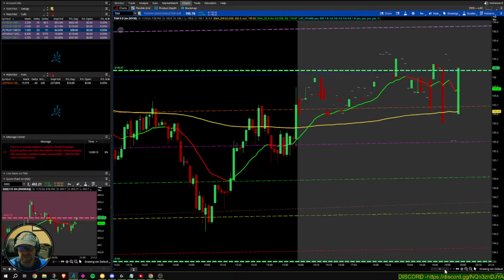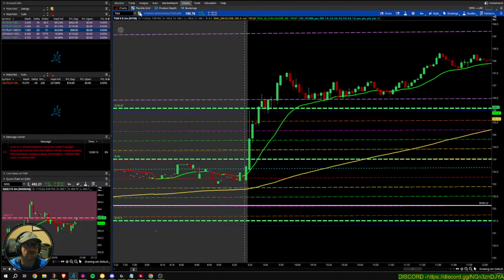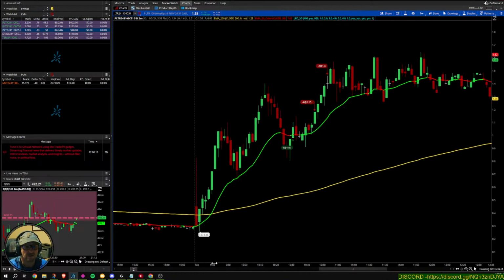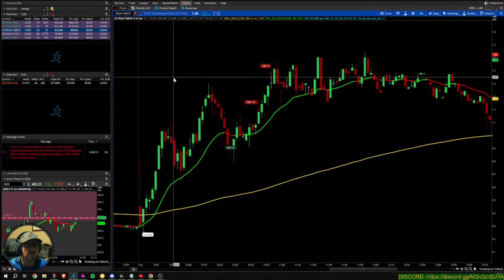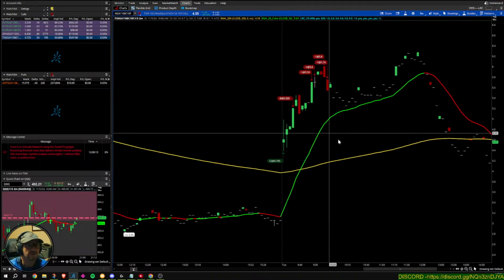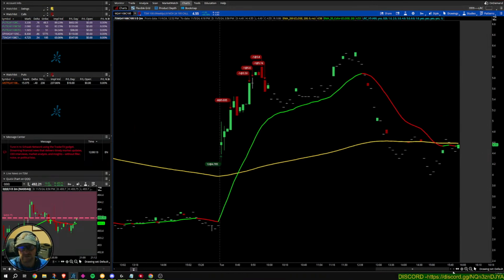and TSM was a fantastic trade as well. Let me show you that with my little trade tabs. So, oh, that's PLTR. Did I click the right one? There it is. Okay, there's TSM.